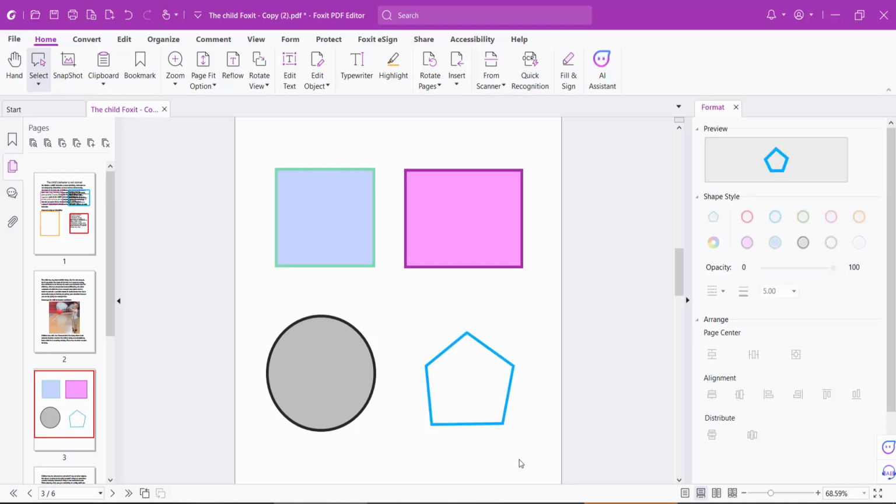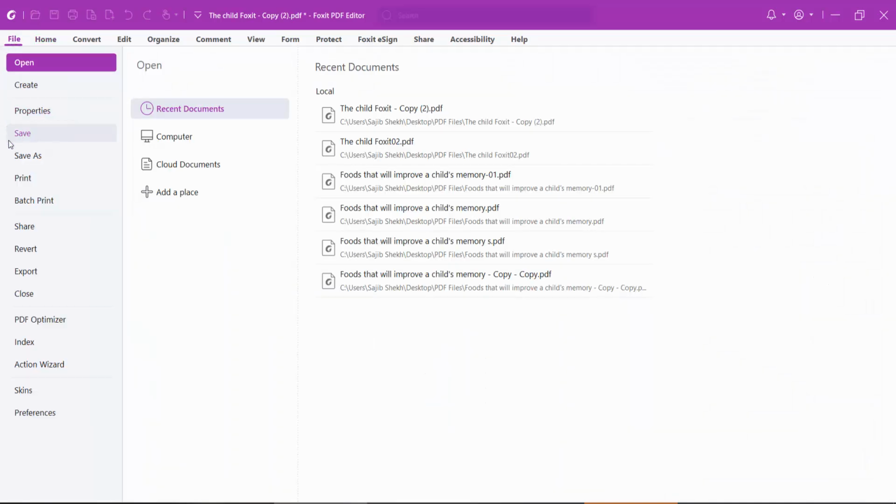Yeah, this is, and finally select this file option, save or save as a